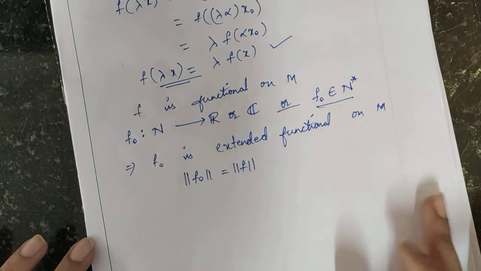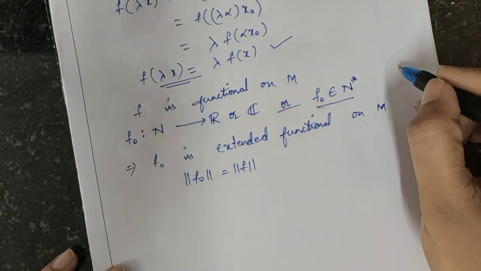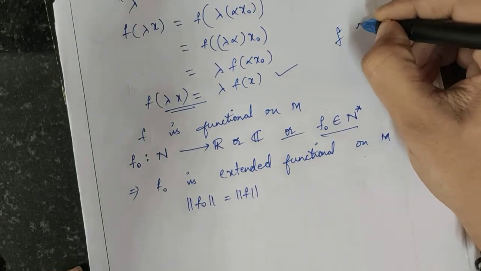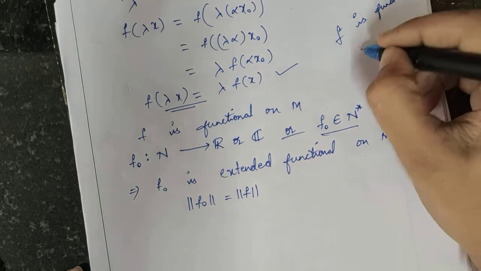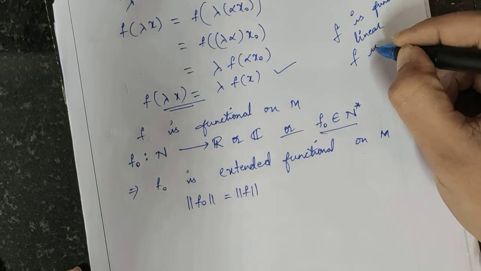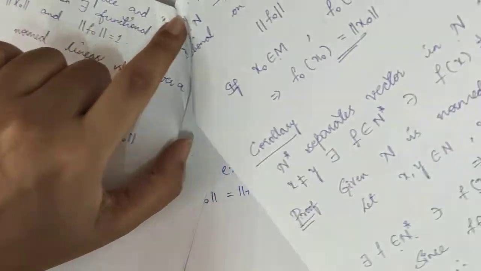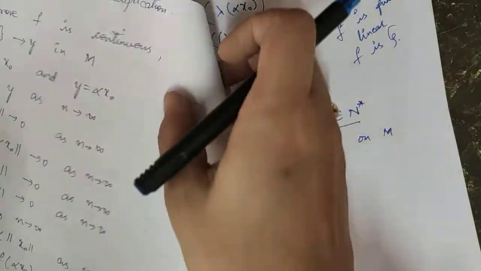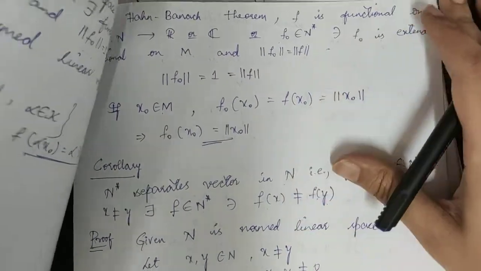Make a small correction, even in your notes. In order to say f is a functional along with the linear property, I have to prove that f is continuous also, right? So in your notes, I have sent the notes in a reverse way. This page should come first, then this. Just check it properly.